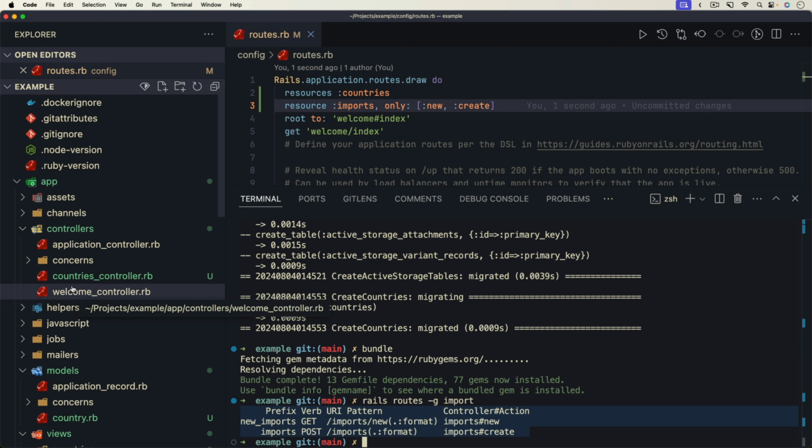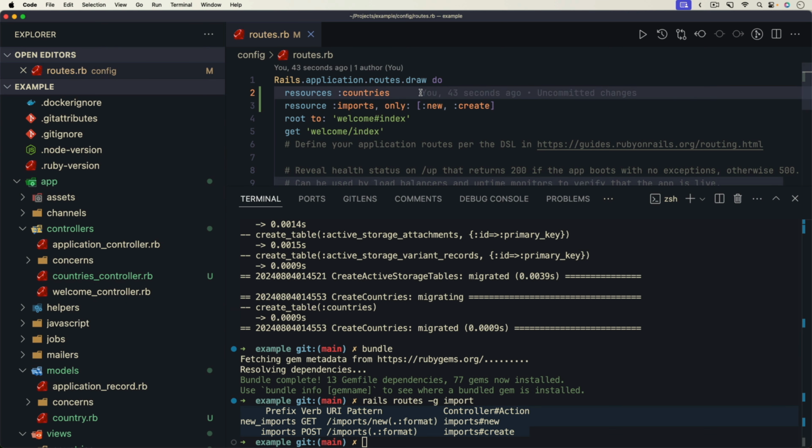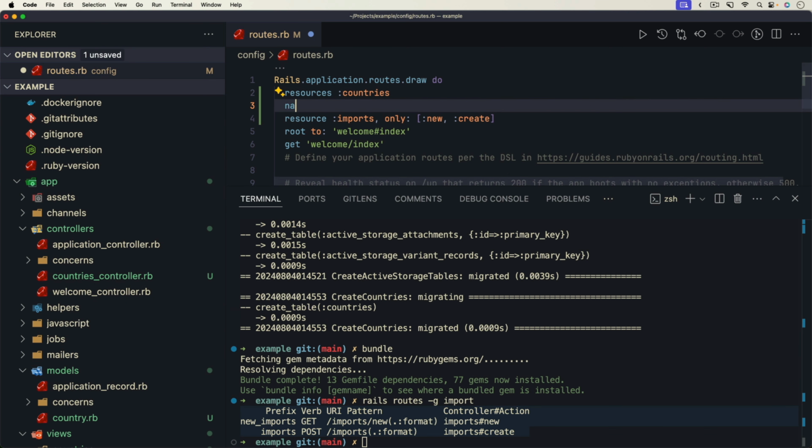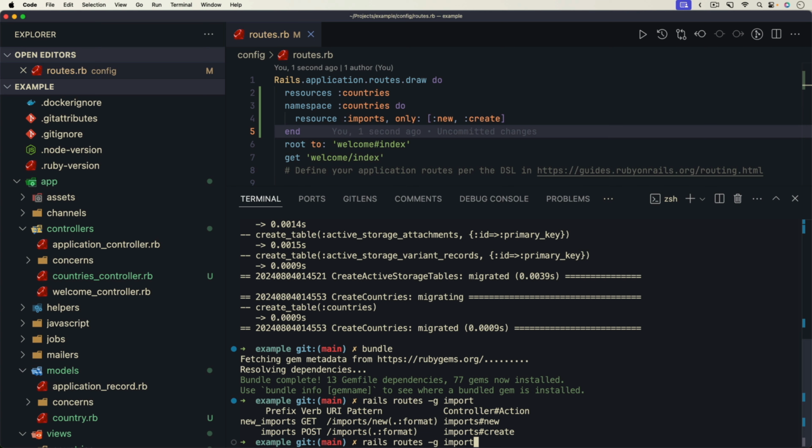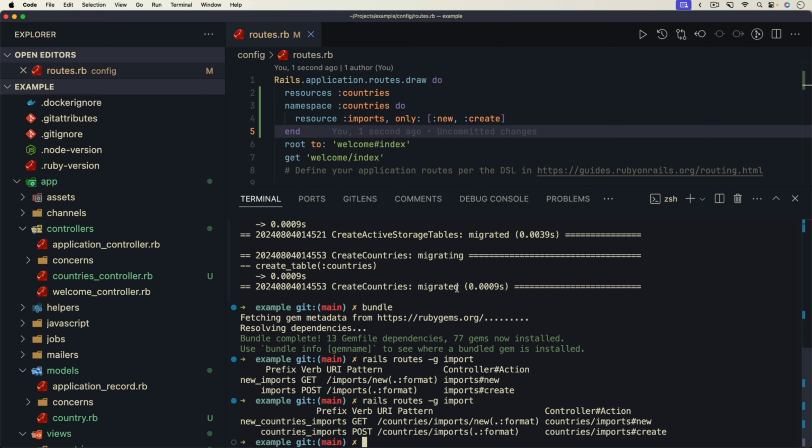Without going into that file, I have no context of what it's actually doing. So instead, I want to create a namespace around it. So I have a namespace for the countries. We'll create a block and we'll just put this resource imports within there. So now, if I were to do the Rails routes, grepping the import, you'll see that now it is the new countries imports path and the country imports path for posting, and it's going to be a different URI, but now it's going to be namespaced under the countries folder,